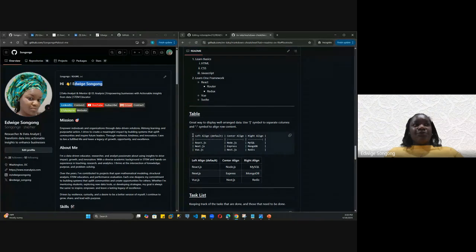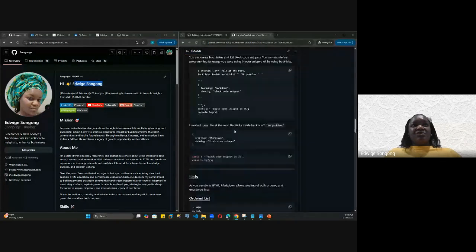And then the table. There is a way to write the table. If you really want your profile to stand out, you need to use this